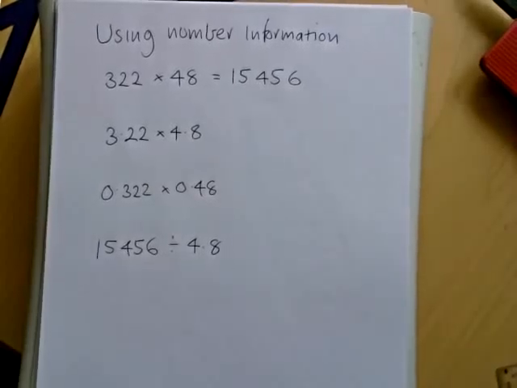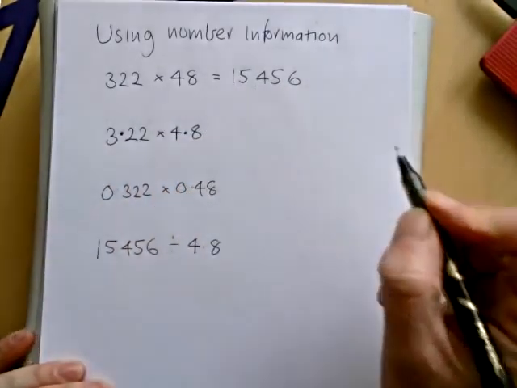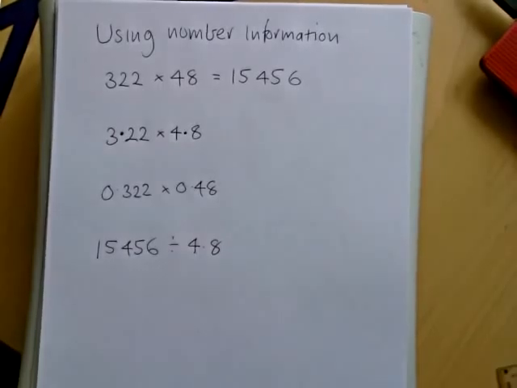Okay, in this video I'm going to show you how we can use number information to get answers to problems that involve the same numbers but with adjustments to the size, either by multiplying or dividing by 10 or powers of 10. So if we know that 322 times 48 is 15,456,